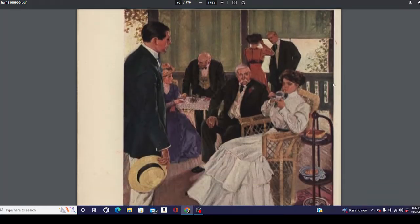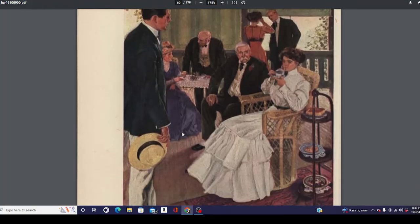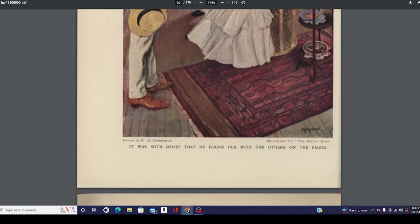Oh, look at this, a color picture. Who's it by? It's by W.A. Kirkpatrick. Illustration for The Perfect Hour. It was with relief that he found her with the others on the piazza. And I love actually collecting books like this. I'm writing this one down too right now. Let's write this down. It's called The Perfect...